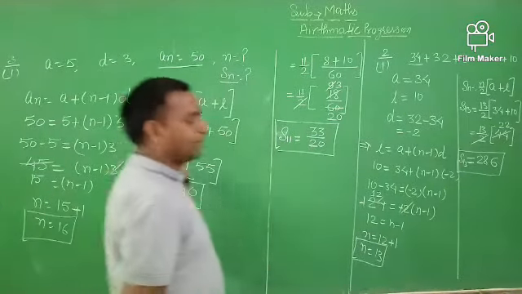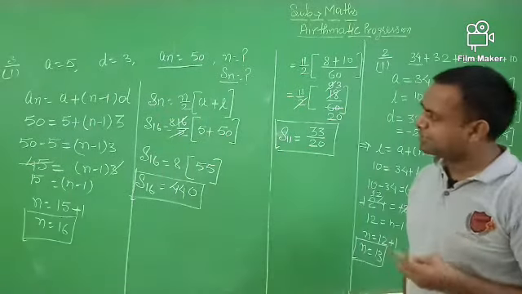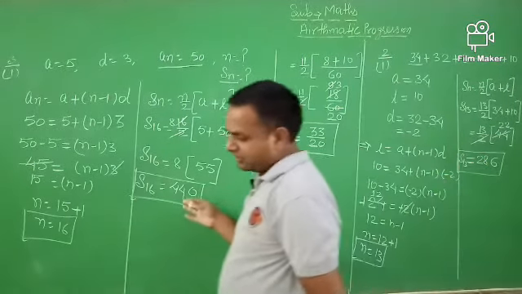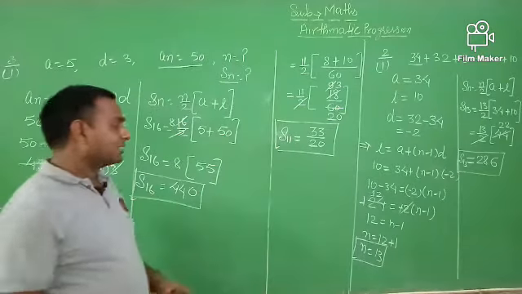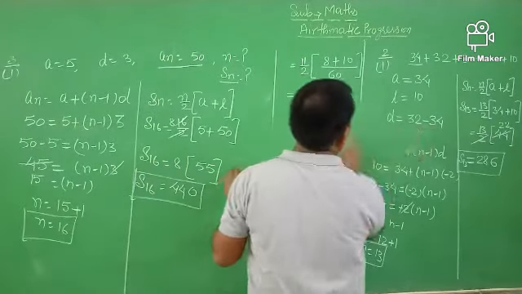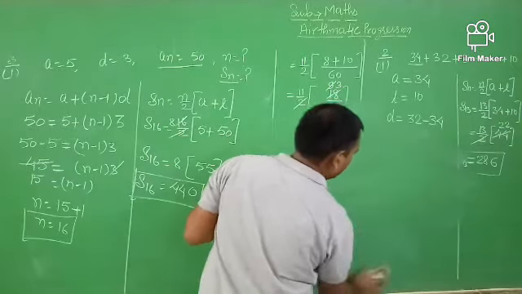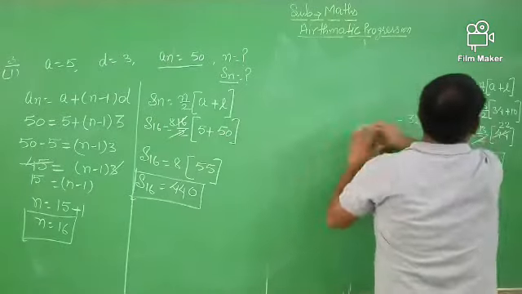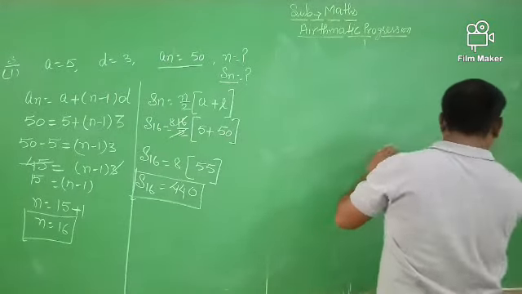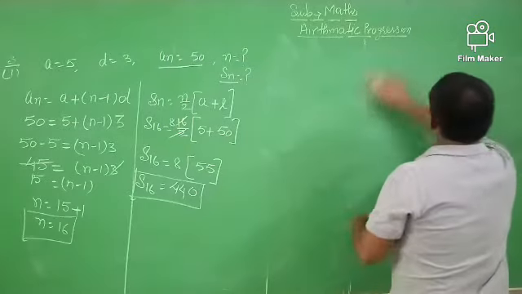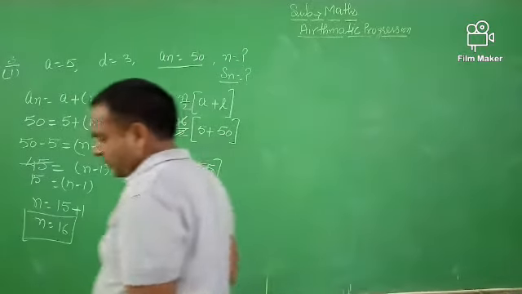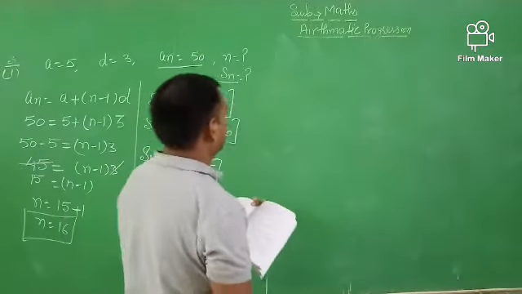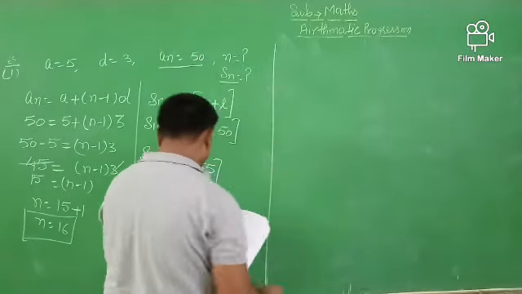You apply this formula, some values are given, so you use the nth term formula, and after that the sum of the n terms formula, you can solve this question in a very easy way. Next question, if you are going to solve the next question, then you see another type of questions, how you can solve. If some values are given, then you can apply the formulas, because all the questions of this exercise depend on the formula for the Sn. Sn is equal to n by 2 bracket 2a plus n minus 1 into d.